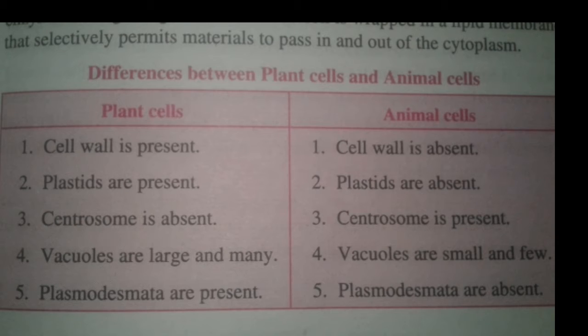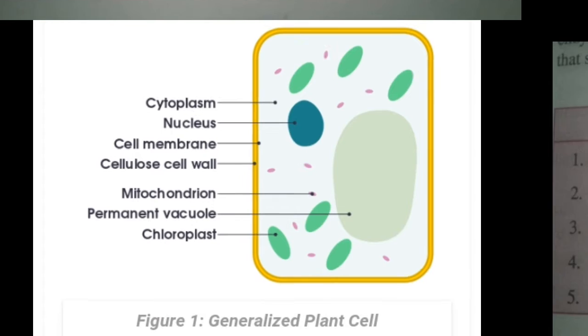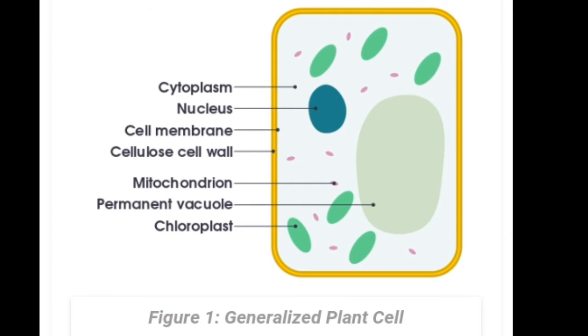Let's have a look at the animal cell. An animal cell is formed of several kinds of membrane bounded organelles, of which the nucleus controls the cell activities and transfers the genetic information from one generation to another. The mitochondria generate energy. Protein is manufactured by the ribosomes, which are either bounded to the rough endoplasmic reticulum or float free in the cytoplasm.